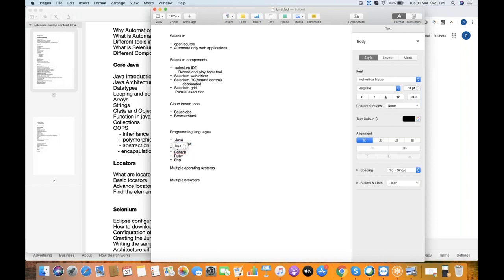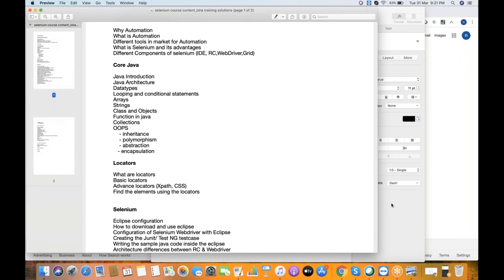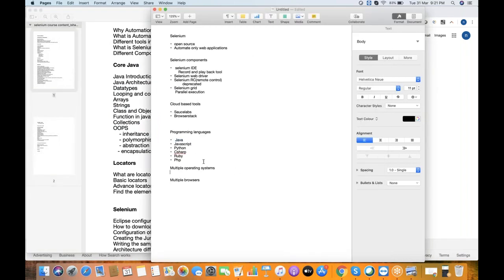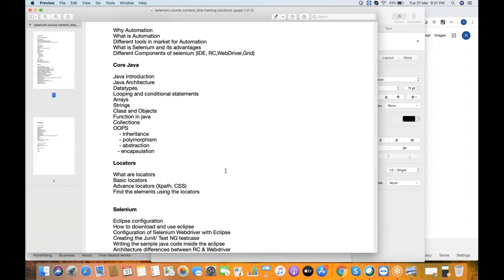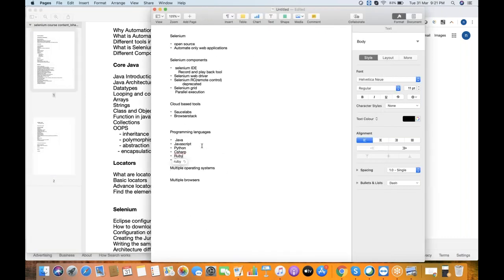Whatever we are discussing in our course is Selenium Java. That's why I will be covering core Java. To start working with Selenium WebDriver, knowledge of core Java is a prerequisite. So before starting with Selenium, we have to cover core Java. As I mentioned, we don't need to be a Java developer or learn all the concepts of Java. Only core Java is enough to work with Selenium. So first we'll be covering core Java, then once this is done, we can start with the Selenium part.